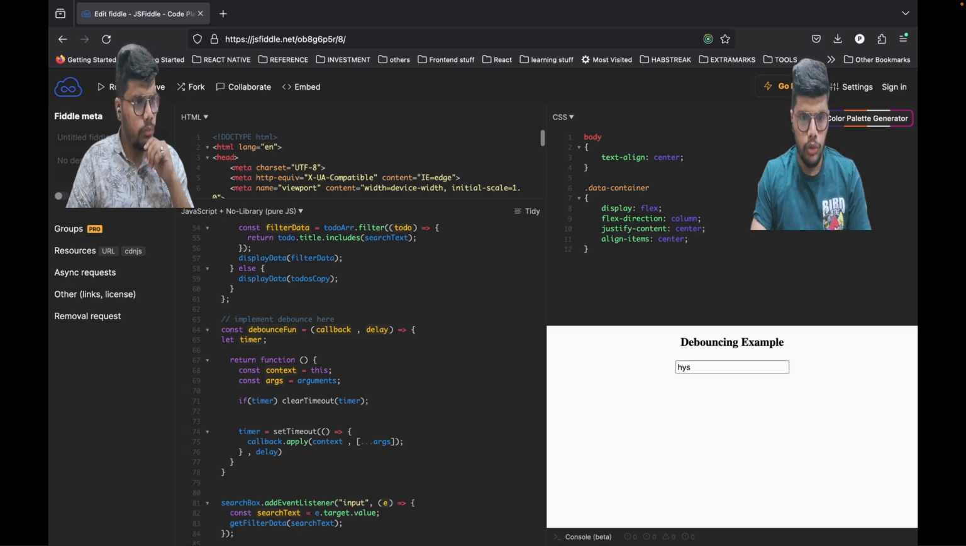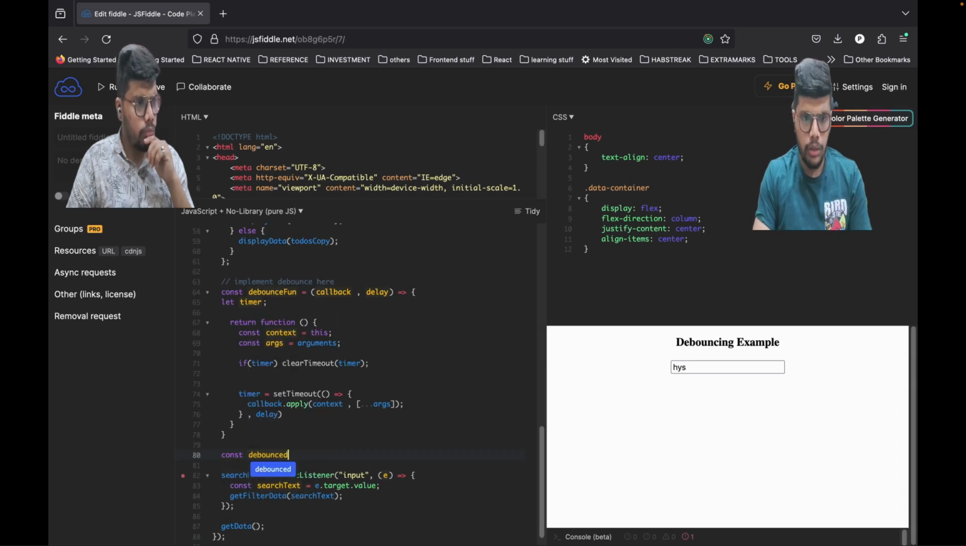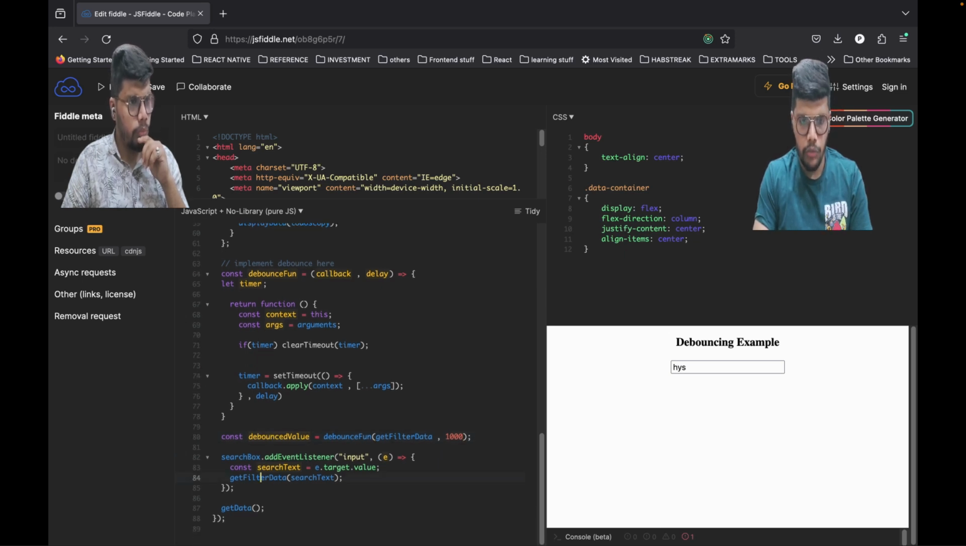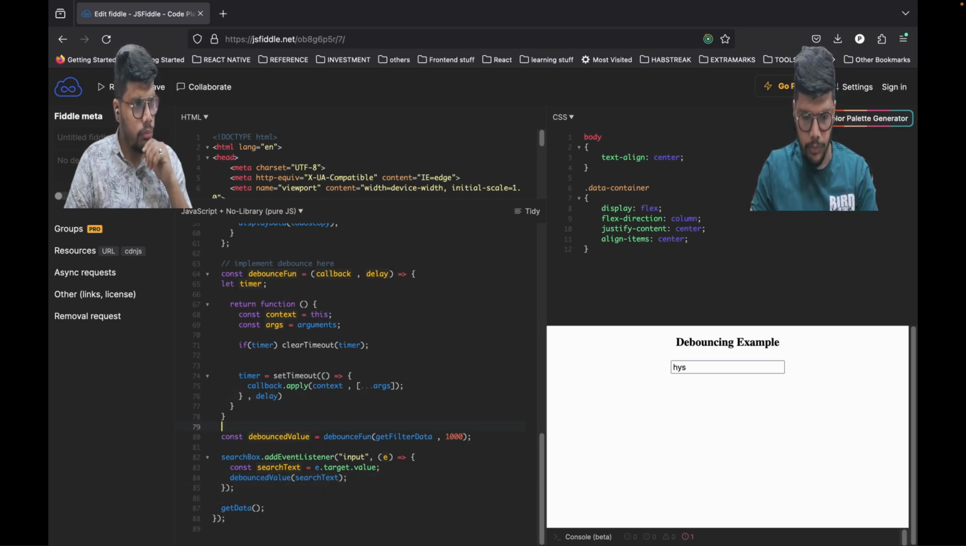Okay, now we just have to call the debounce function. We will define a variable debounced filter, and then call our function. Inside it we will pass our normal filter data function, and along with that we will pass a delay of 1000 milliseconds. So instead of the normal function, we will now use the debounced function. Now if we save here,